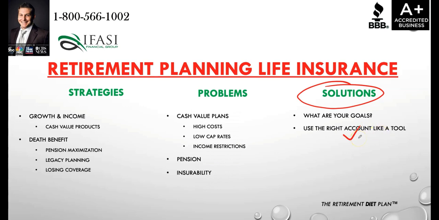One of the things we do, which is just a sliver of what we do, is a trademark process known as the Retirement Diet Plan, where we help out individuals. We basically take the 4 main areas of retirement planning and we create a plan for an individual. We don't just say, okay, here's a portfolio, set it and forget it and call it a day. We want to make sure that you are covered from all different angles so that you have confidence in your plan. You know that you're not going to have stress throughout retirement, and it's going to get you from point A, where you are right now, to point B, and then from point B until date of death successfully, making sure that you have confidence all along the way.